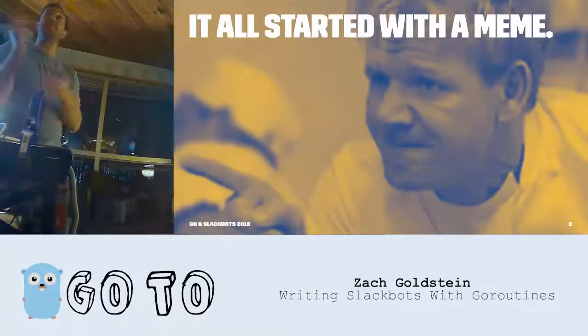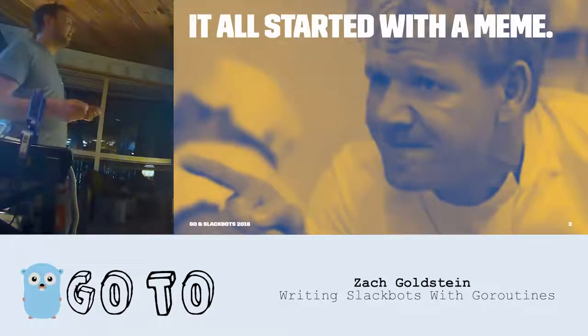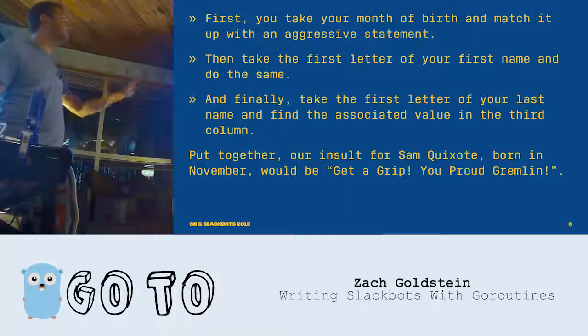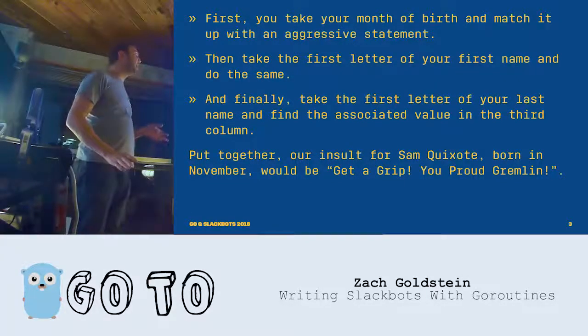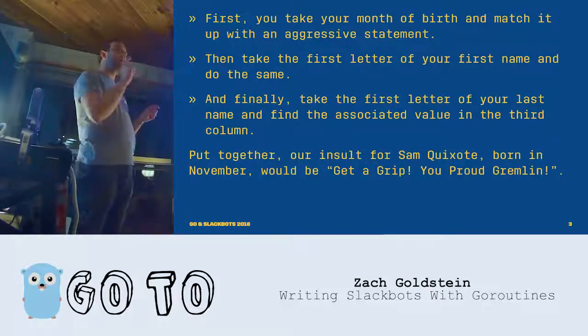I don't know how many of you are familiar with Gordon Ramsay, but he's this very angry chef. He's famously angry. So I saw this little meme focused on him, where you could basically get a personalized insult from Gordon Ramsay. And the basic thing is you take the month that you were born,